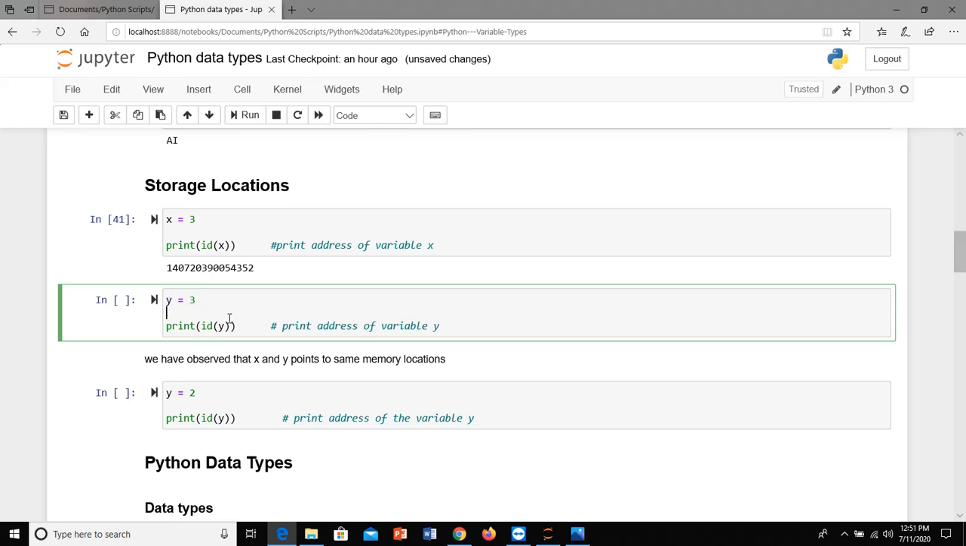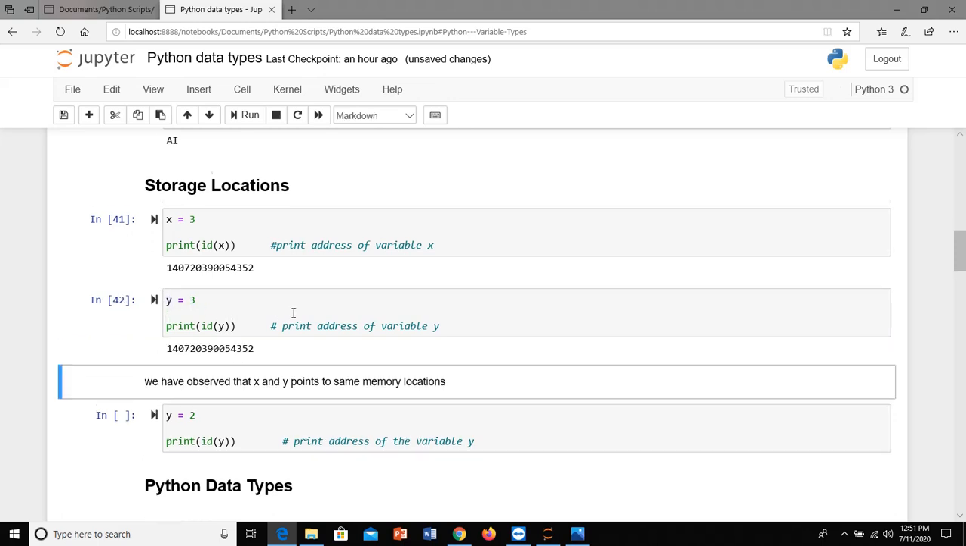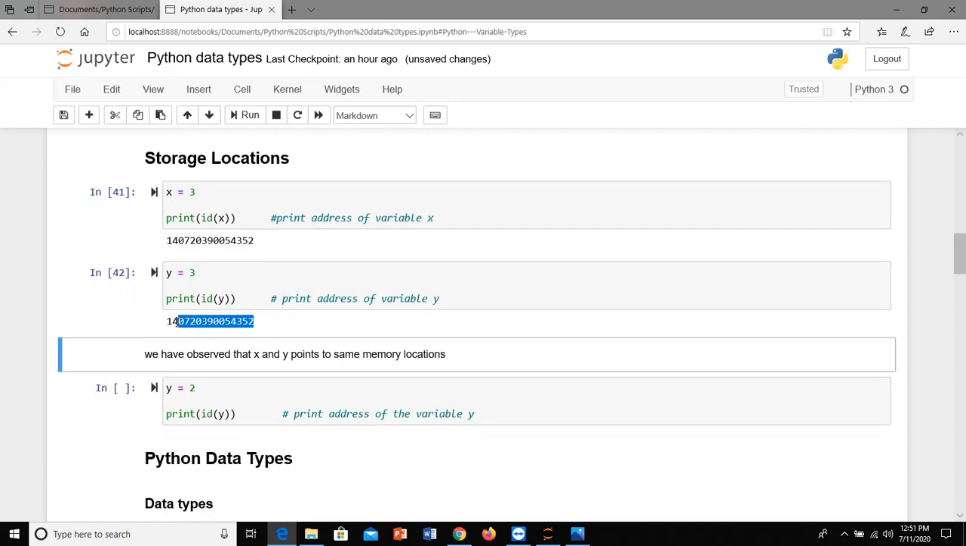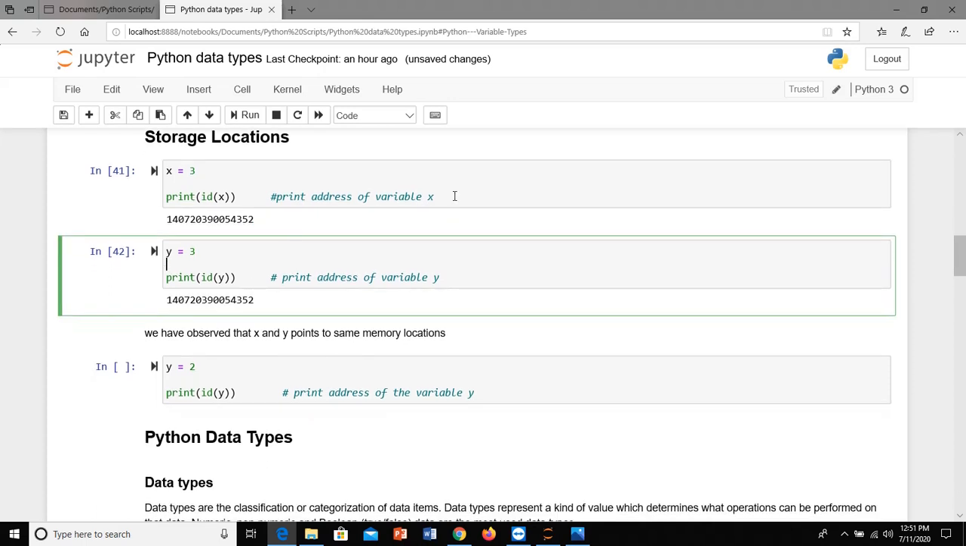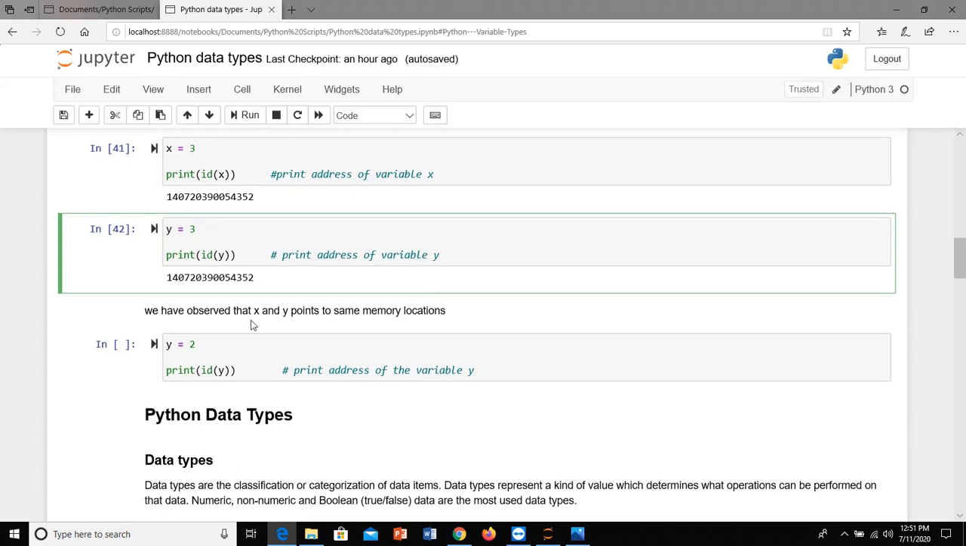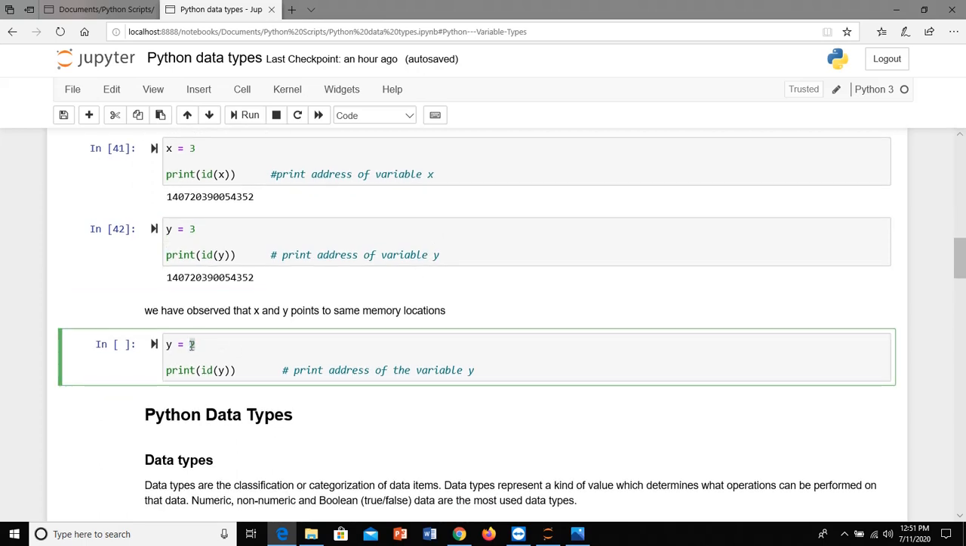Then if I print the id of y, where it is storing the id of that memory, it is the same as this one. The 3 is located in a memory and it has an id of 140720390054325, and the variable y is pointing to that one and variable x is pointing to that one. That means the place where the 3 is stored in the memory. Okay, now if I assign y to a value of 3, sorry,